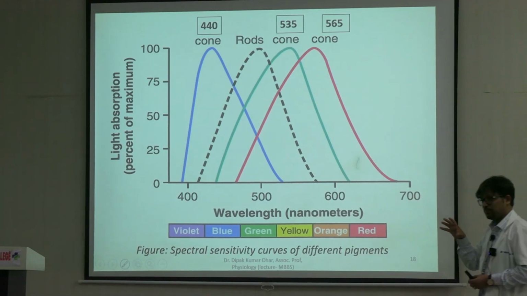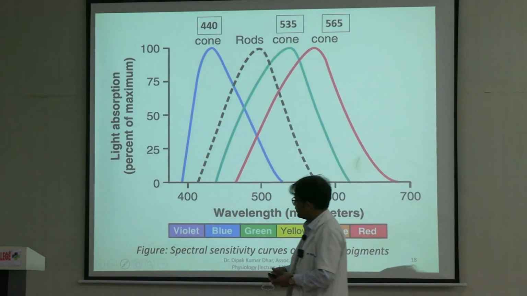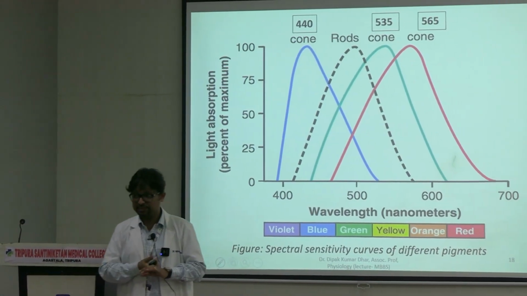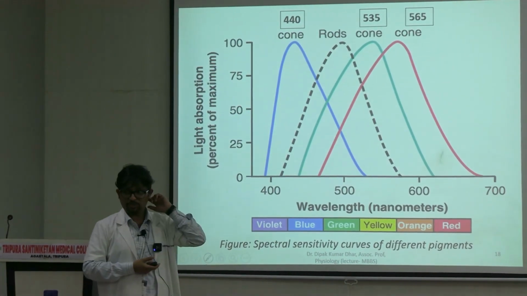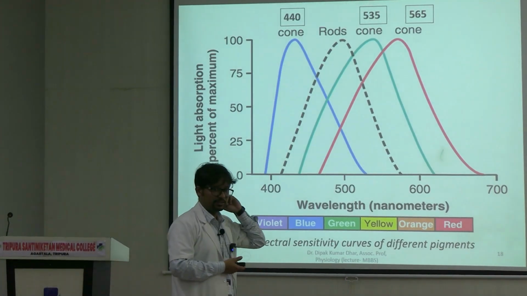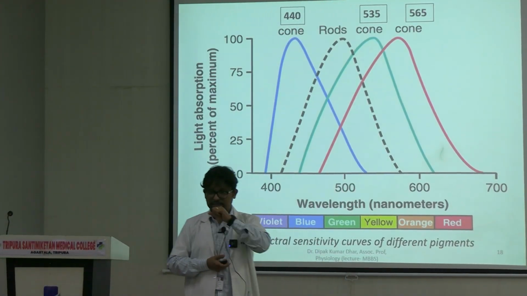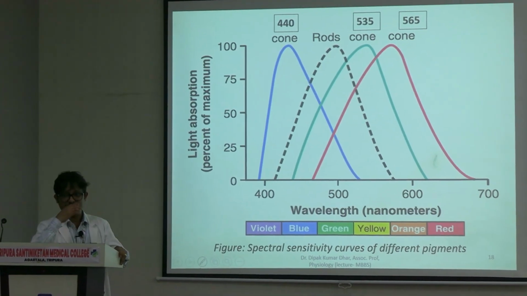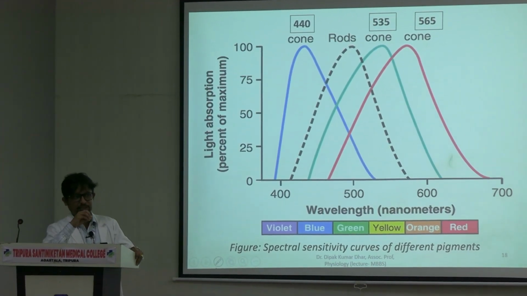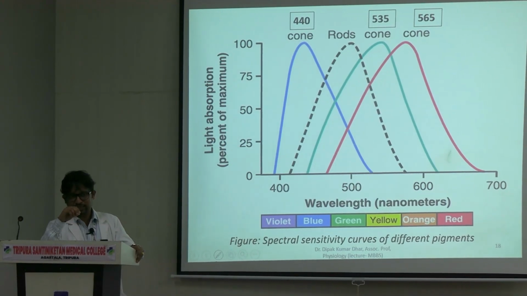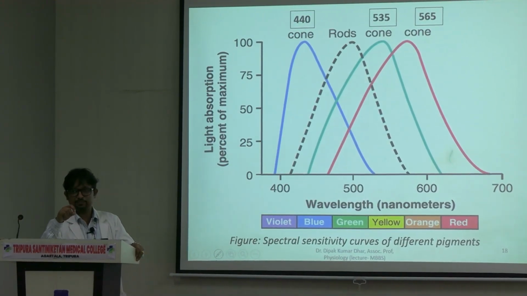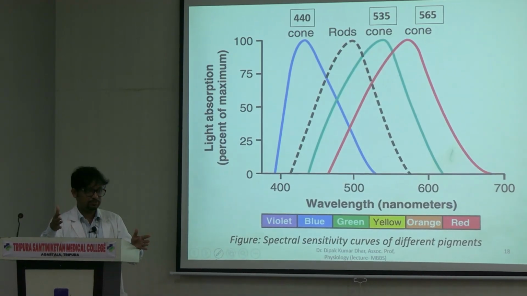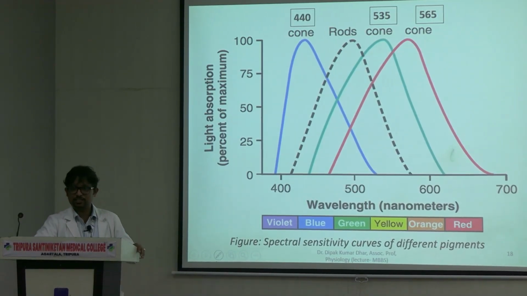One more property that you see here: if you see the y-axis, I have not written sensitivity here. तो ग्राफ में जो आपको दिख रहा है, that is light absorbance patterns. So not only are they highly sensitive here, absorbance also is maximum. तो इसी wavelengths पे they are most sensitive, and they are able to detect and respond to intensity of light. Absorption उनको उसी wavelengths पे ज़्यादा है.